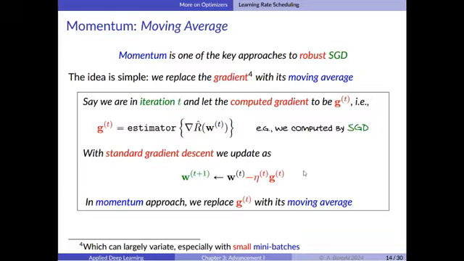When you want to update the parameters, replace the gradient with its moving average. For example, if you're in iteration t and the computed gradient is g of t, the estimator